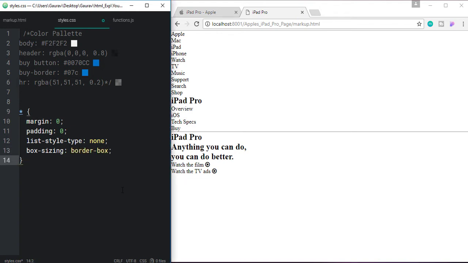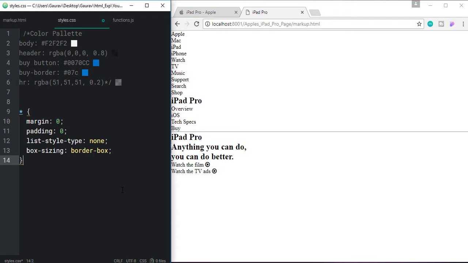Okay, so if we set the box sizing property to border box, and for example if we have given a width of 50 pixel to an element, and later we give padding of 10 pixel on each side, the total width of that element becomes 70 pixel. But if we set the box sizing property to border box, then the browser will remove the padding amount from that width and make the total width 50 pixel, including the padding.